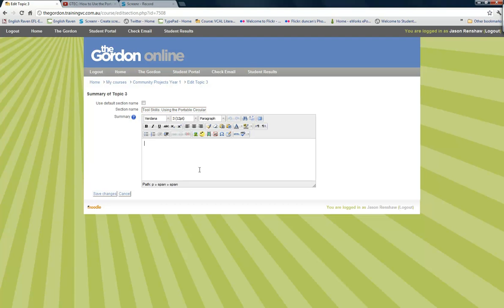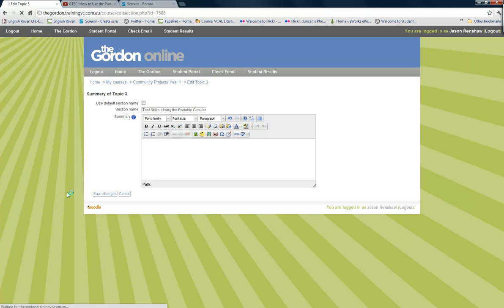Circular Saw. For now I'm not going to put anything in here, because I can come back and do that later. For now what I want is this section named and the resources uploaded first, then I can come back and decorate this section if I need to or if I want to. So I'm just going to click on Save Changes there,